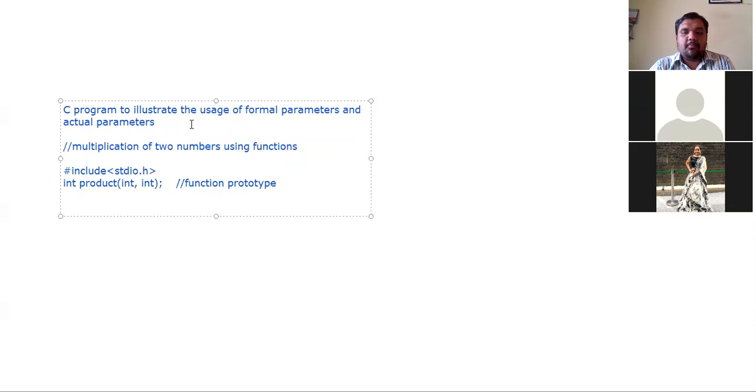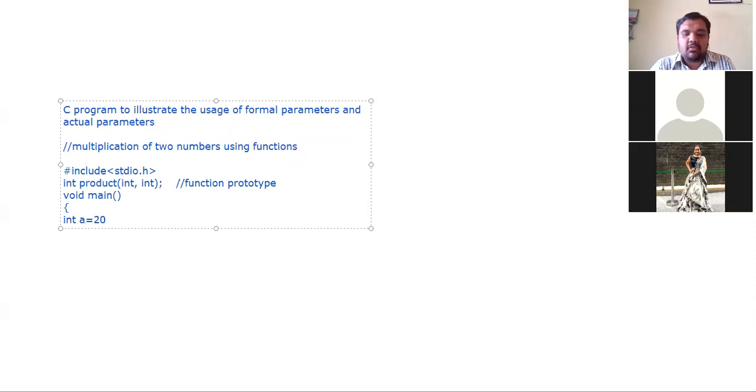Yes. So now void main. Now what exactly has to be written in the main? Now let us take up two variables which will store the values of two numbers.